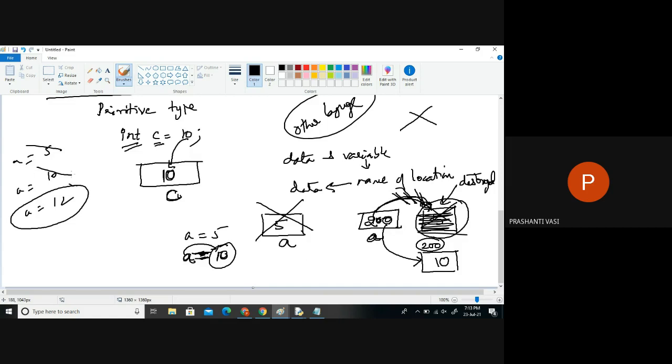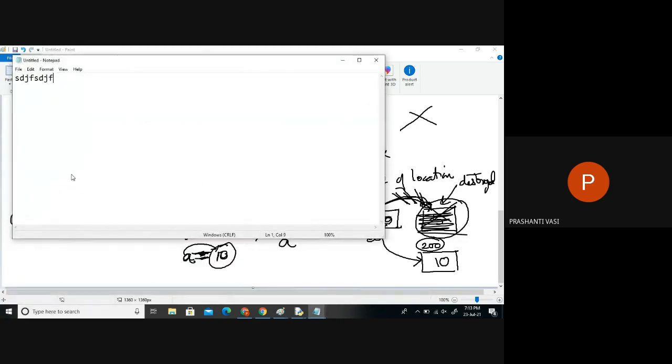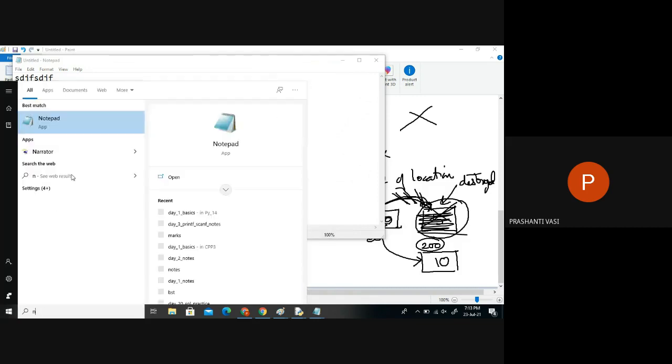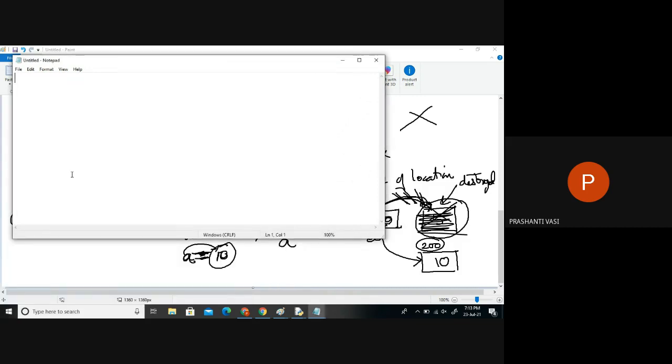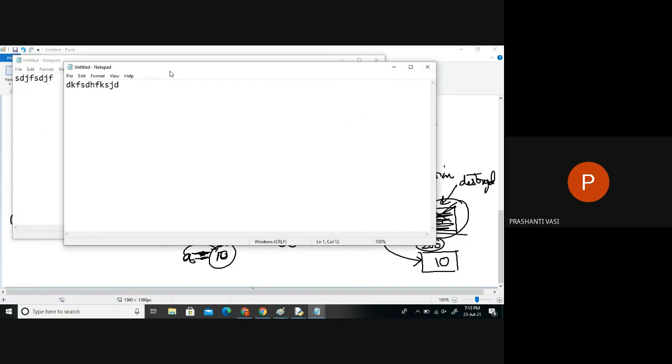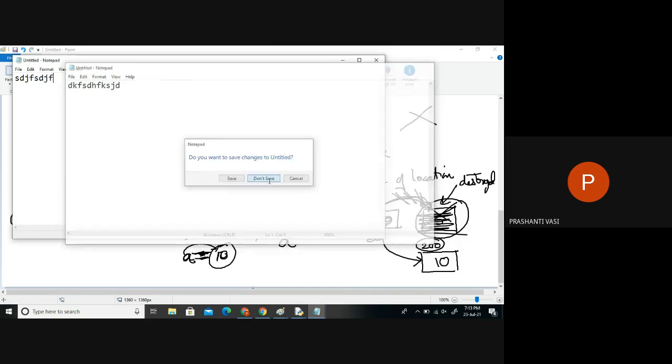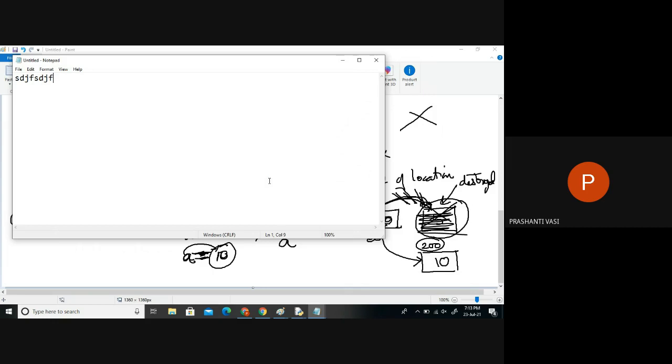So if I'm opening some two or three notepads, they are all temporary right now. I would have written something. As long as I keep a reference to it, if I give a name to the file and save it somewhere, then only this file is permanent, and only then can I reuse it again and again. Any file without a saved name, if I close it, will automatically be removed from the system. It is not stored anywhere in the hard disk. It's immediately deleted. So the same concept applies here also.